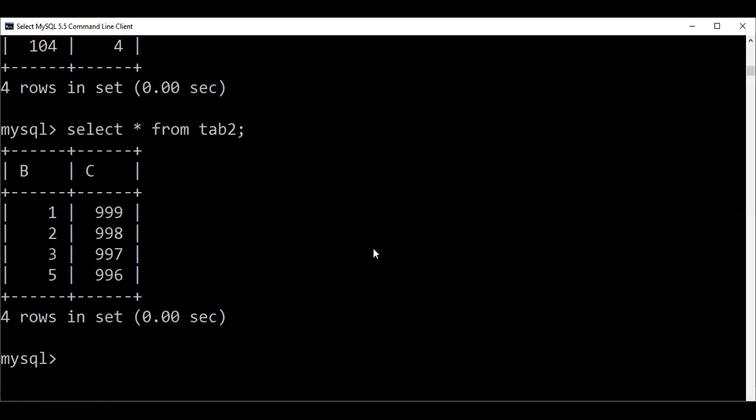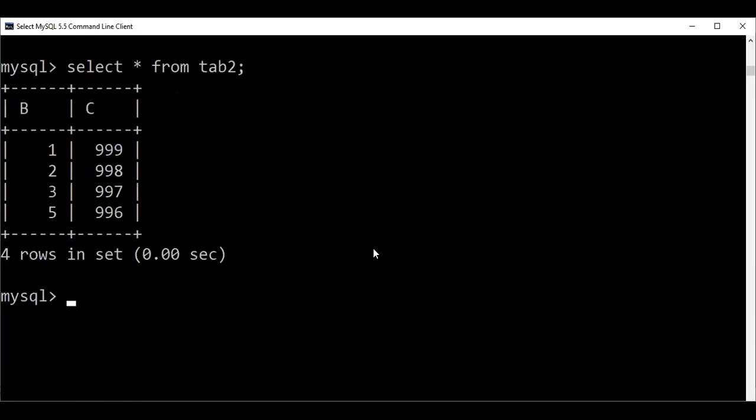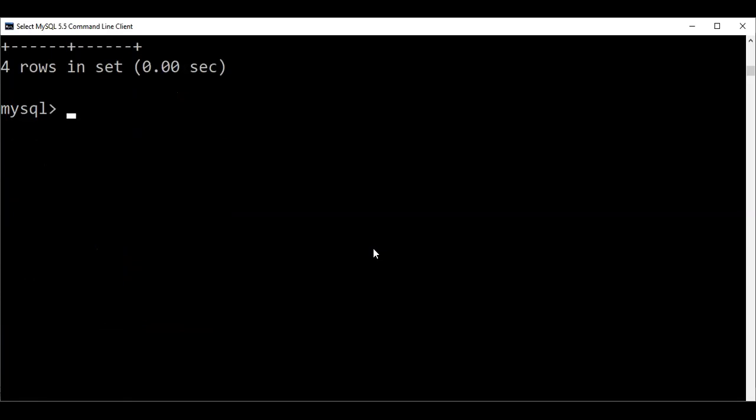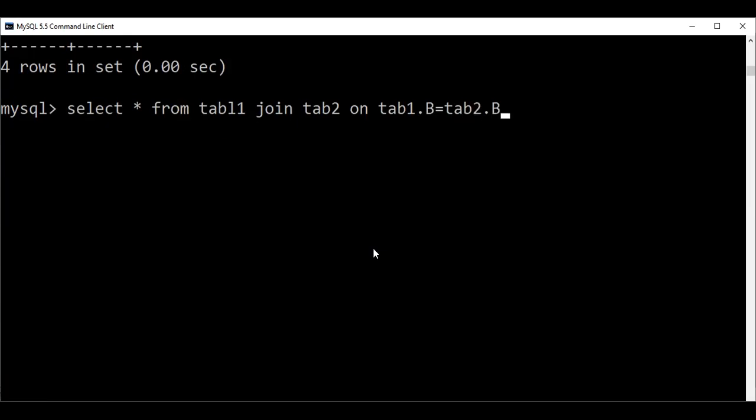So now I'm first applying inner join, so you can see the difference between inner and outer join. Let's apply EQ inner join. Select star from tab 1 inner join tab 2 on, and the common attribute is B: tab 1 dot B equal to tab 2 dot B. So this is EQ join. How many rows will I get? Instead of 4, only 3 are combining. 101 is linking with 1, 102 with 2, 103 with 3, but 104 has no link. So this will give me 3 rows. You can see it. Table 1.